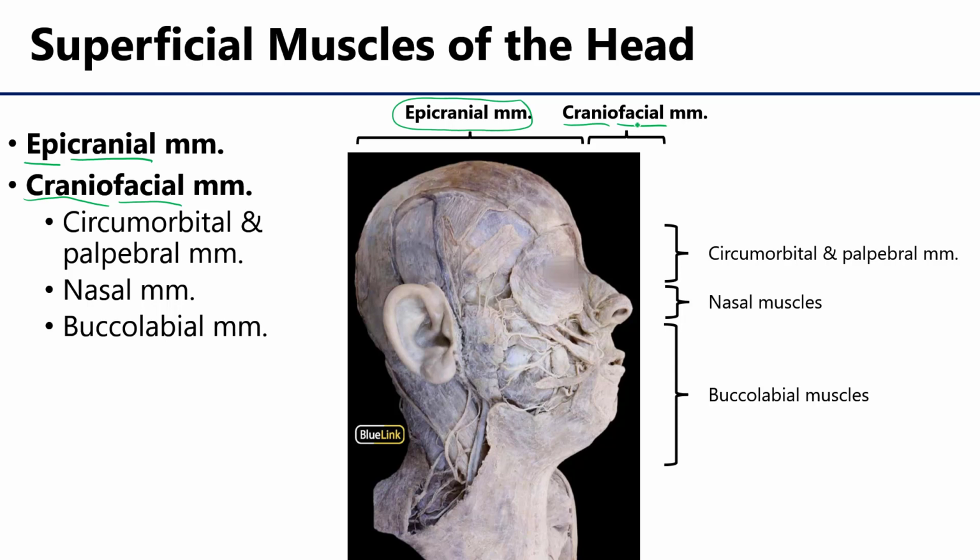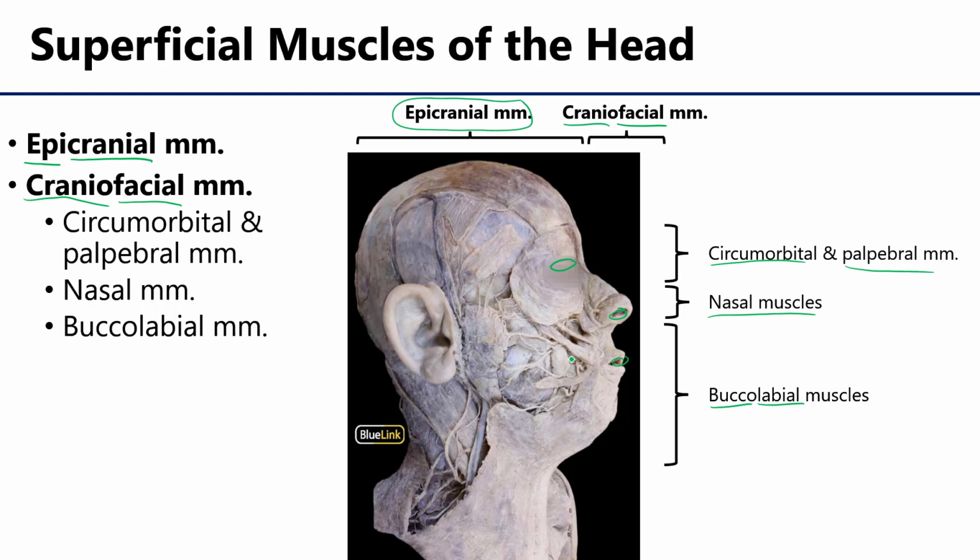So, for instance, the circumorbital and palpebral muscles pertain to the palpebral fissures. The nasal muscles pertain to the nares, and the buccolabial muscles, that's cheek and lips, pertain to the